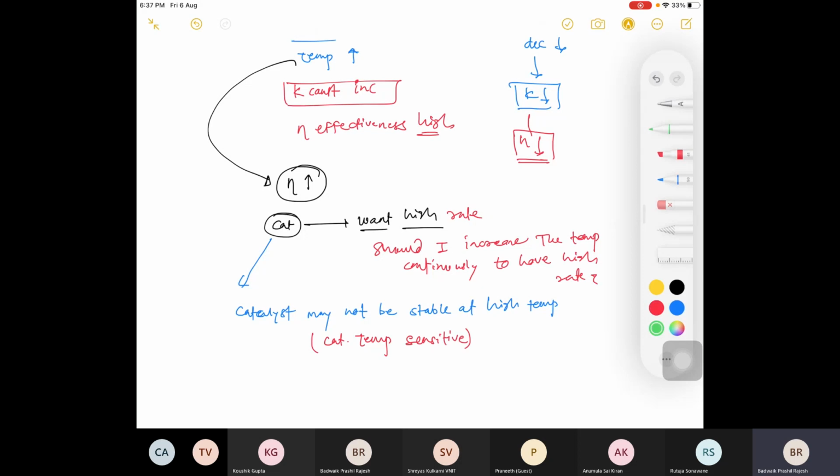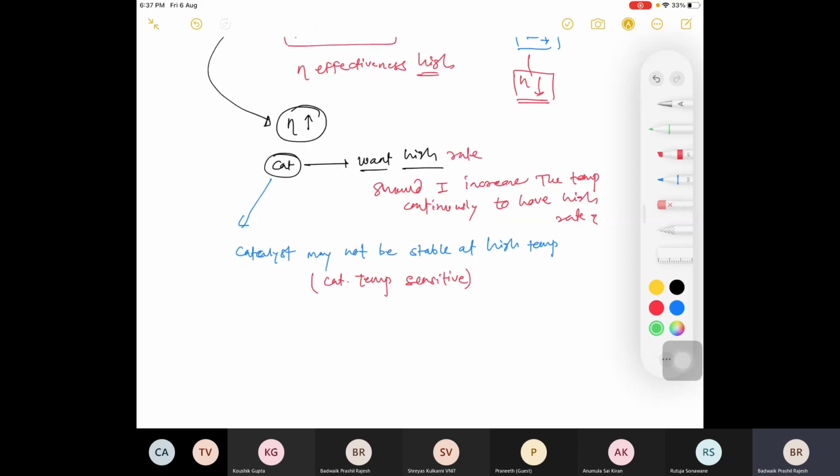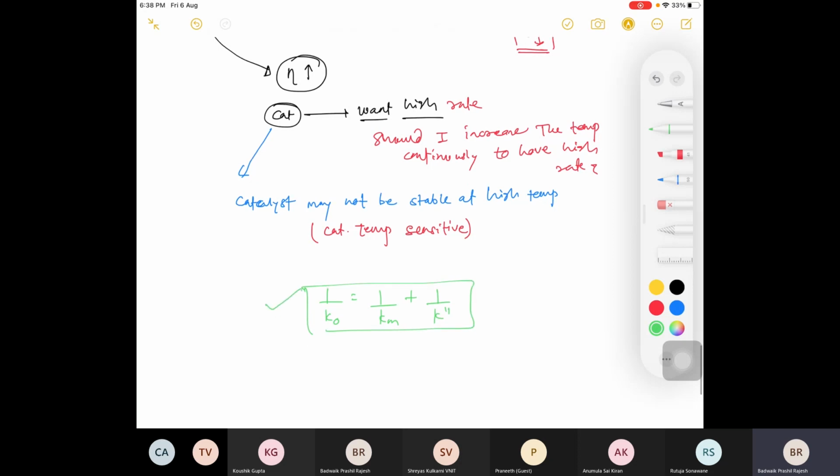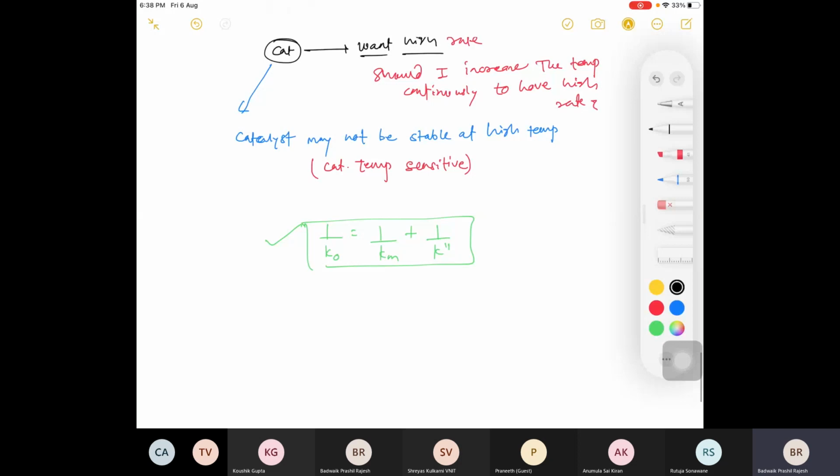And I am repeating again, your rate of mass transfer should be equal to, or maybe equivalent to, your rate of reaction. Then only you will have a high overall rate. Okay, because your K overall is equal to 1 by K mass transfer divided by 1 by K of rate of reaction. Even if I am saying, suppose there is a child, right,